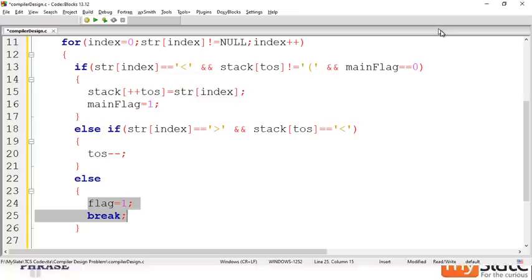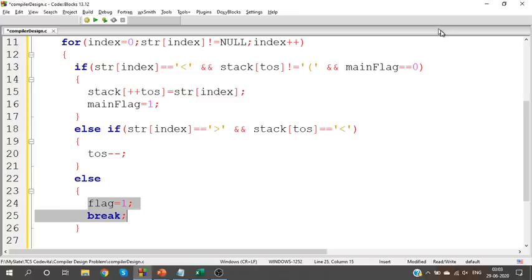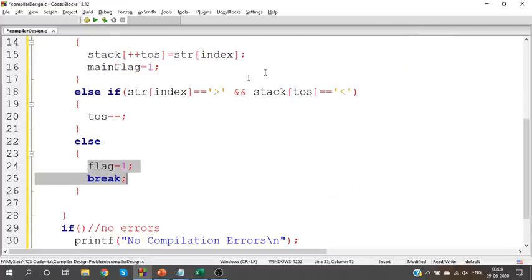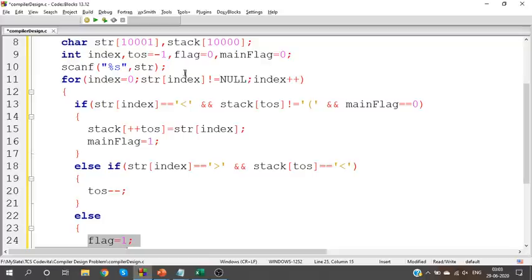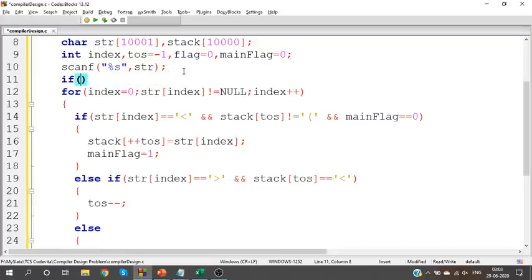Okay. So in our program, initially the first character itself should be an open bracket, right? So even before we start the for condition, check whether the zeroth index character should be an open bracket.